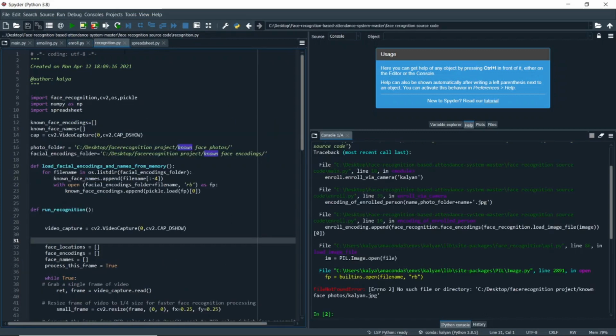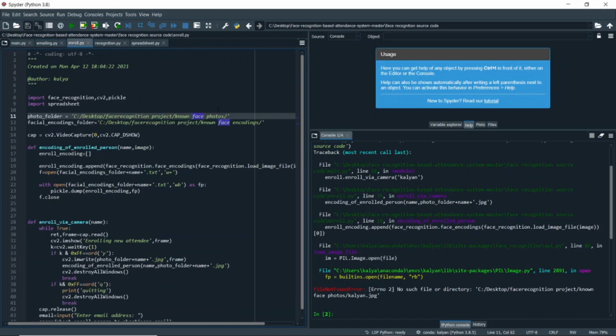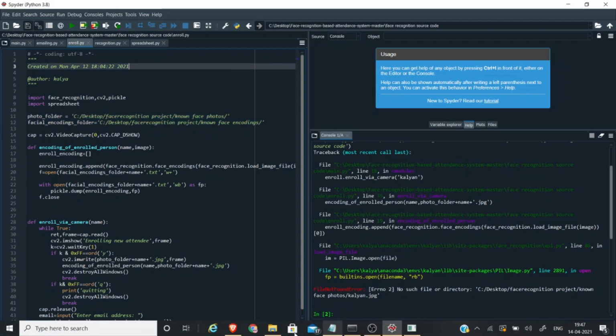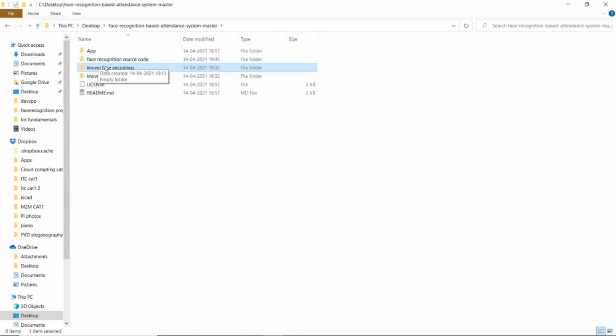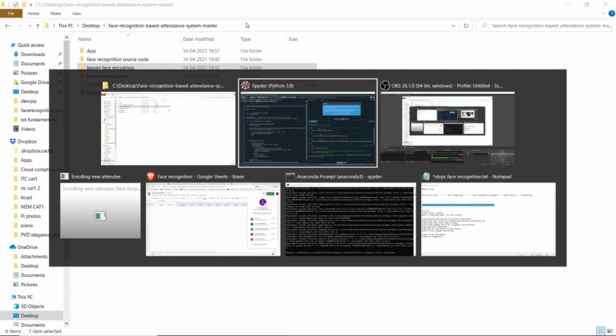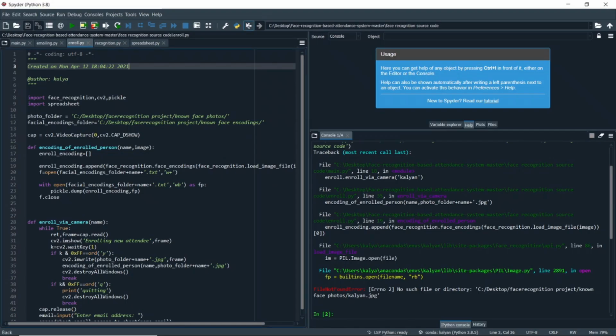In the recognition file and the enroll file, change the path of these to photo folder and facial encoding folder to wherever you have saved the project. So for me, this is the facial encoding folder. You copy the path and I'll paste it here. Make sure all the slashes are in one way.